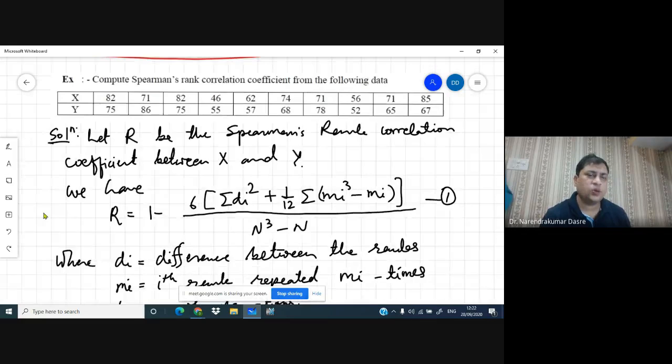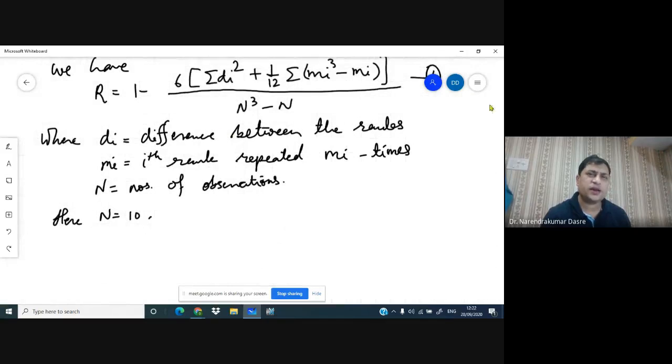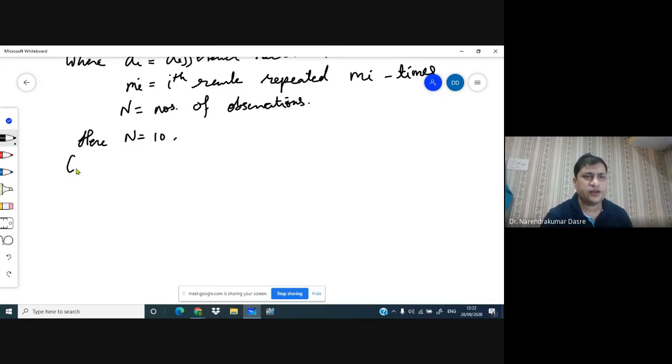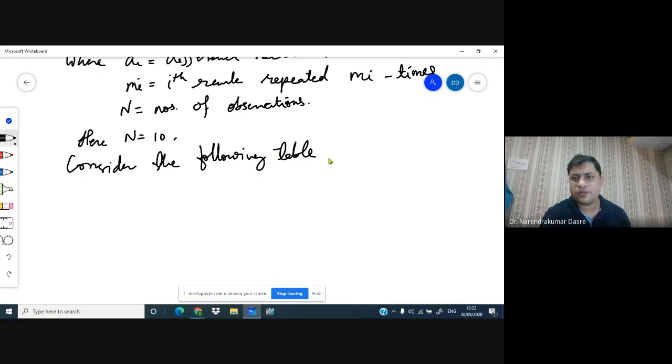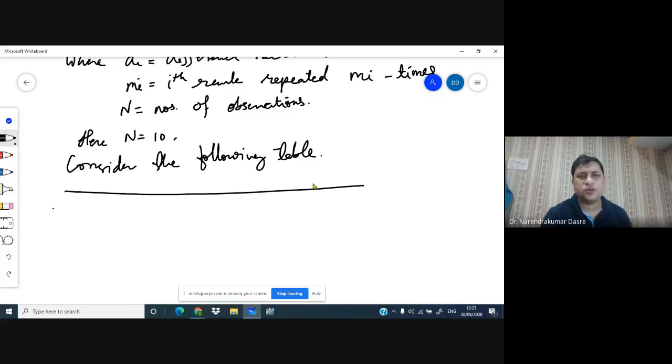Okay, and now once we know this formula and this term, we have to calculate this difference, and hence we consider the following table. Okay, so now I want you to make the table. So we have x, we have y,